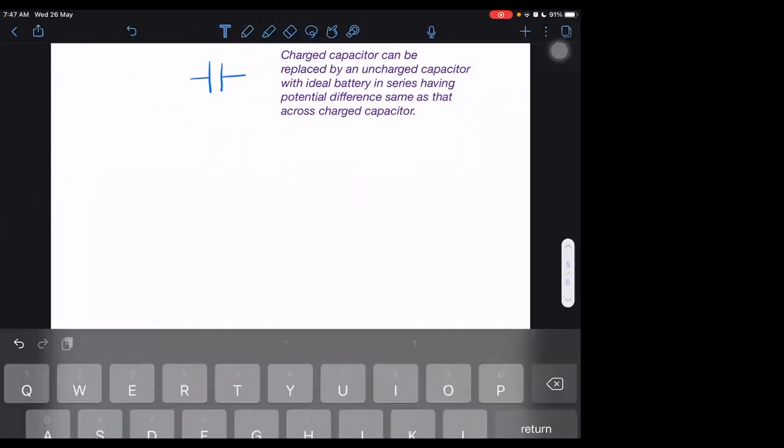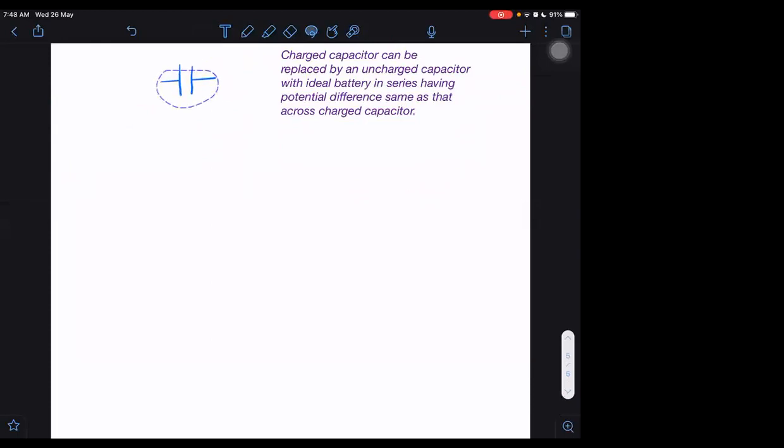Okay. For example, if I have a charged capacitor like this, having plus minus, and let's say its potential difference across is V, then I could replace it, this is equivalent to an uncharged capacitor with potential V connected in series. These both will give us the same result while solving these circuits. But if I treat it in this way, then it will be useful for us